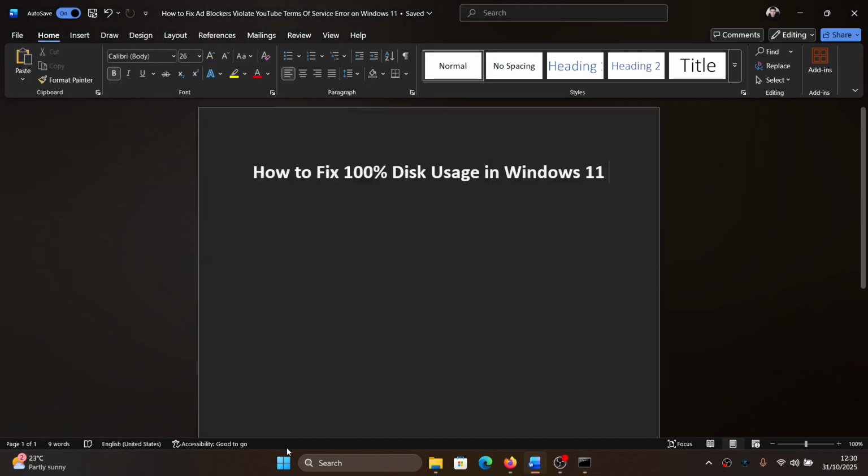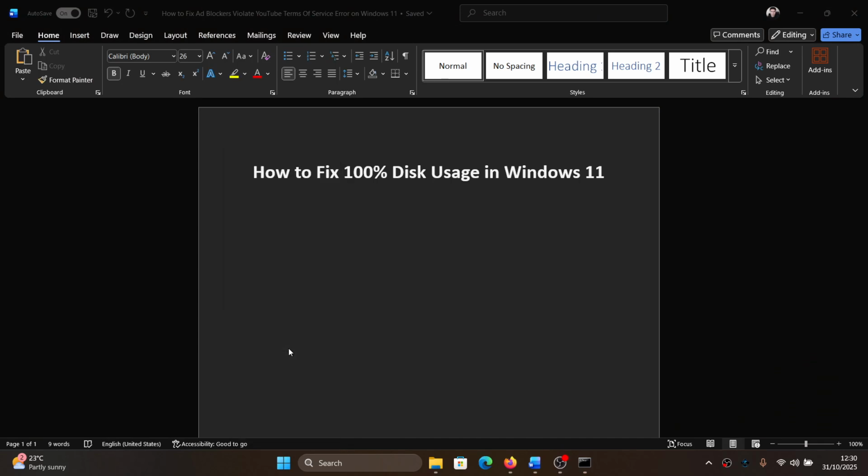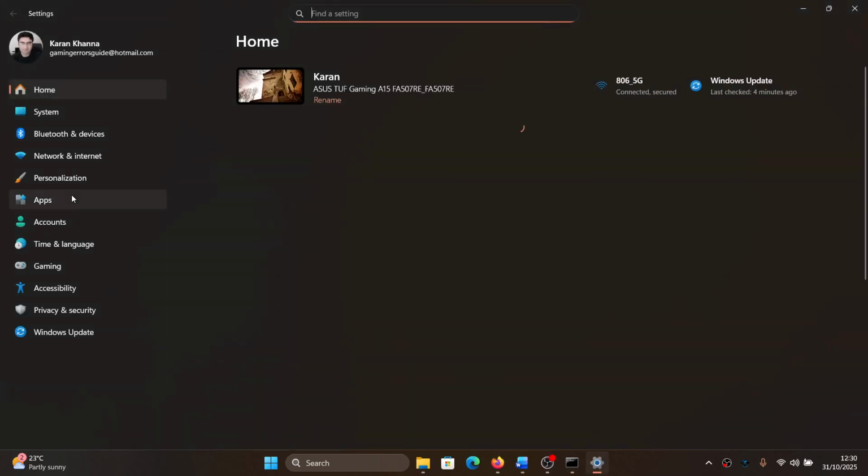Then you can disable the startup processes. So right click on the start button. Select settings from the menu. Now